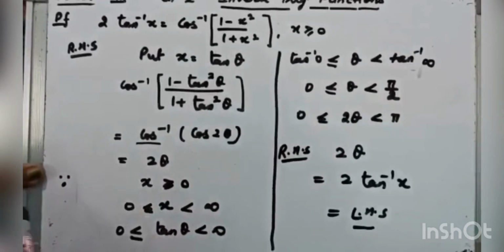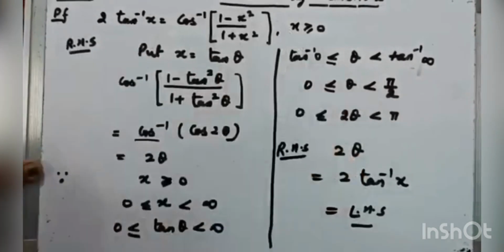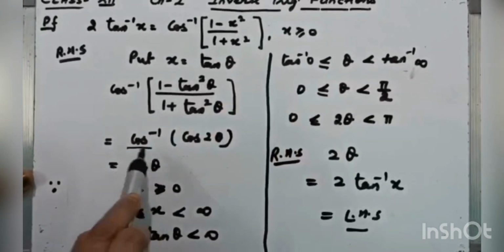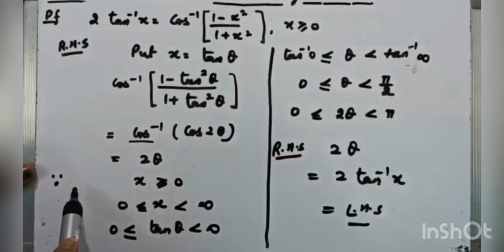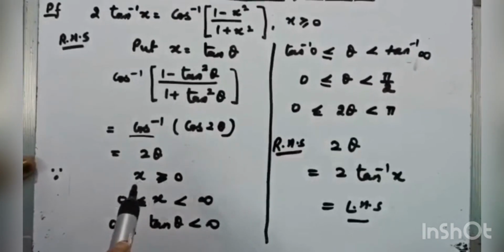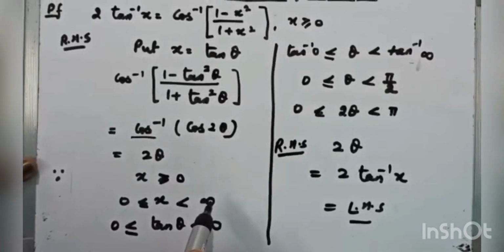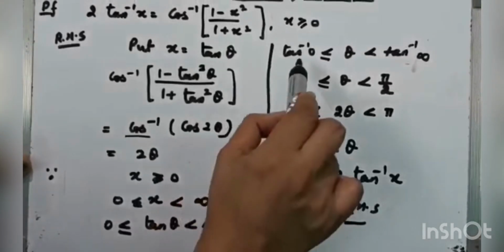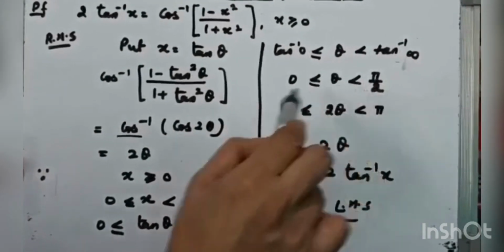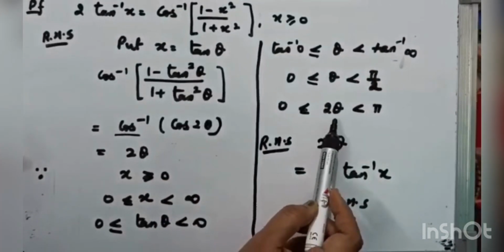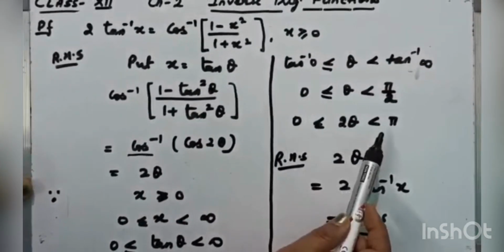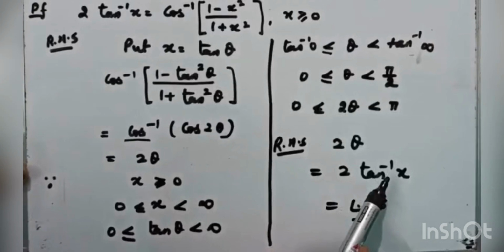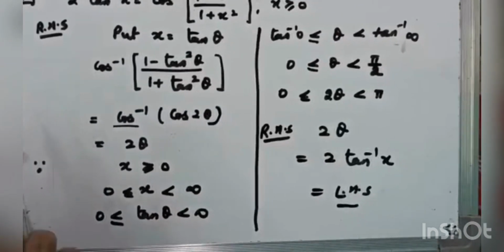So that thing we need to check, and for this some conditions are given in every inverse based question. So if we start with our conditions, we can easily prove that this 2 theta belongs to the principal branch of cos inverse. So x is greater than or equal to 0, so we can write x from 0 to infinity. Now x is taken as tan theta greater than or equal to 0. Now theta will be from tan inverse 0, which is 0, to 90 degrees. But we have to check for 2 theta, so we take it as 2 theta, which means 2 theta belongs to 0 to pi, which is the principal branch for cos inverse. So that means our answer is 2 tan inverse x. In the same way you can prove the remaining two results.